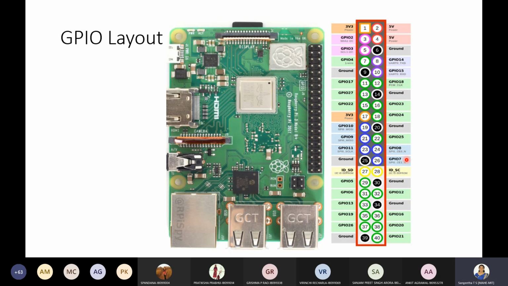Using these GPIO pins, you will be able to input data to the system, or you can configure these pins as output pins as well, so that any device connected to it can get information from the system.